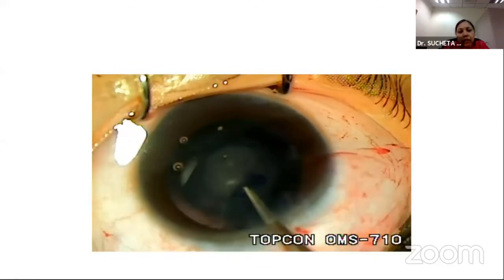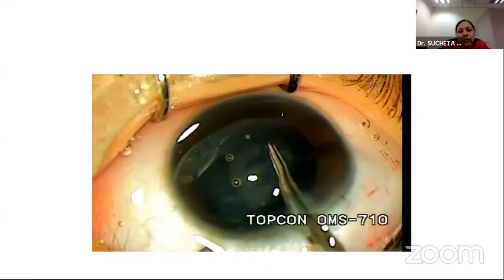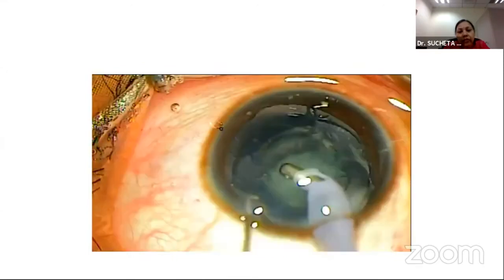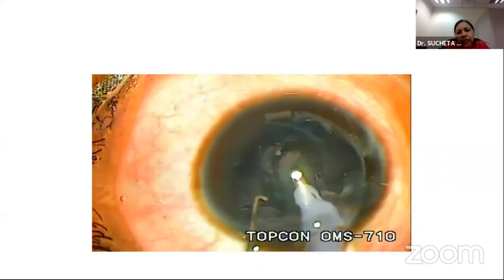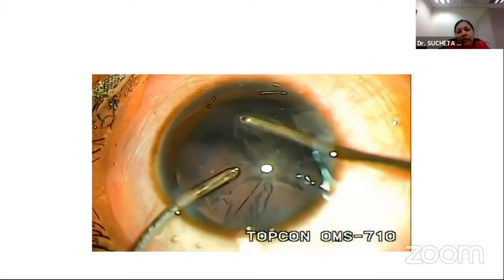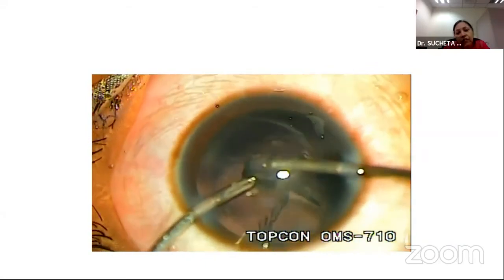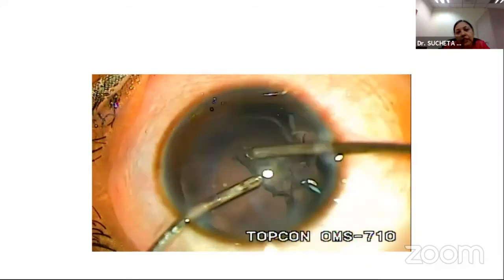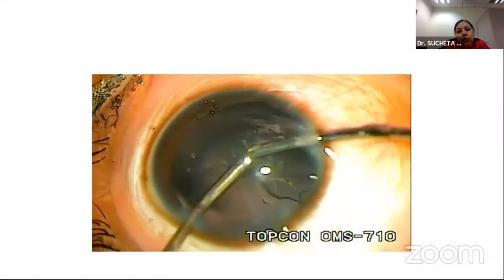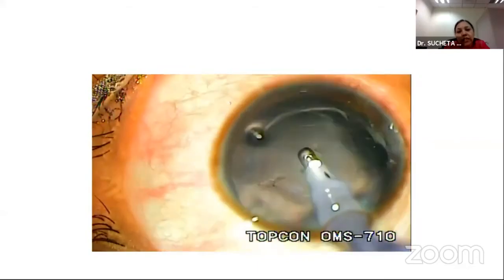We are looking at it: you start with a small Utrata forceps and you do a smaller rhexis. After that, you do a hydrodissection properly and you remove the soft lens matter, so you can very well remove it, and then you can do a bimanual method of removing the entire cortical matter. That is very important. All the cortex should be removed because we don't want to have a post-operative opacification in